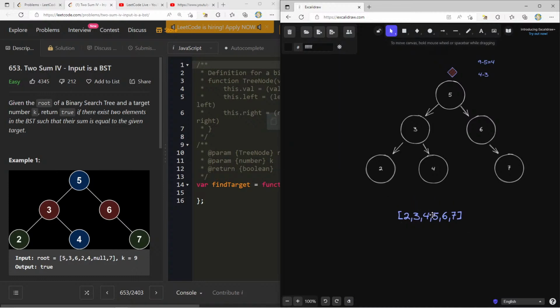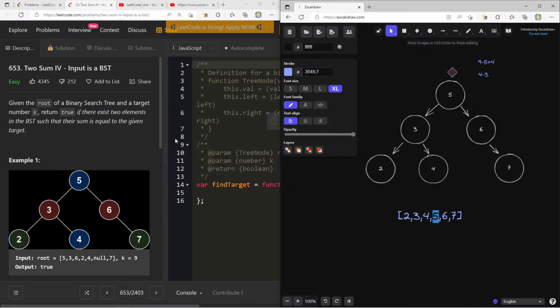If I wanted to get to 28 and I picked my midpoint here, I'm not really doing a binary search, but I'm saying, well, I'm starting at 5, and now I want to look for numbers that equal. Input is a BST. Return true if there exist 2 elements in the BST such that their sum is equal to the given target. Perhaps we don't actually even need to care so much about this. This is already sorted, so maybe